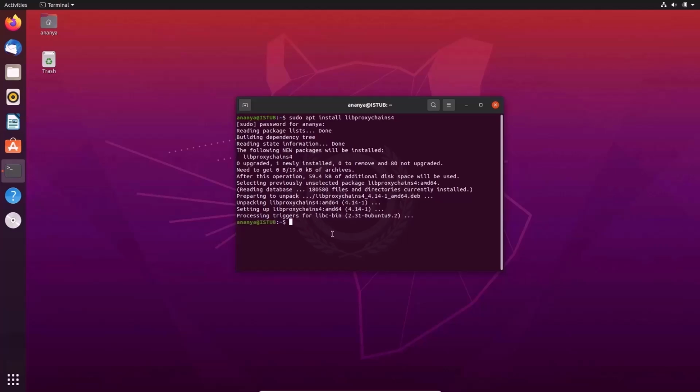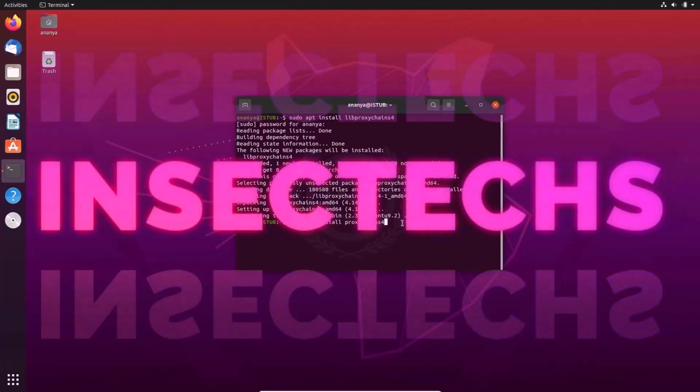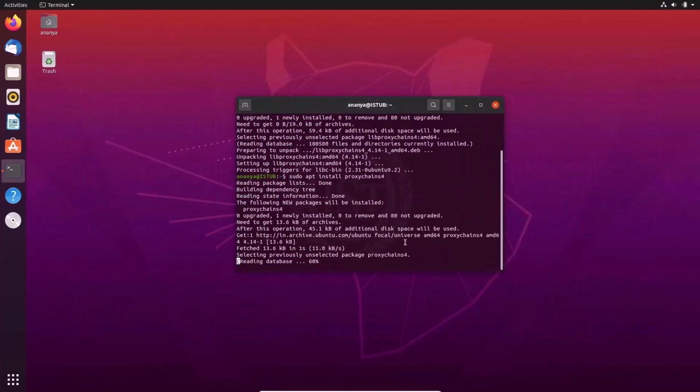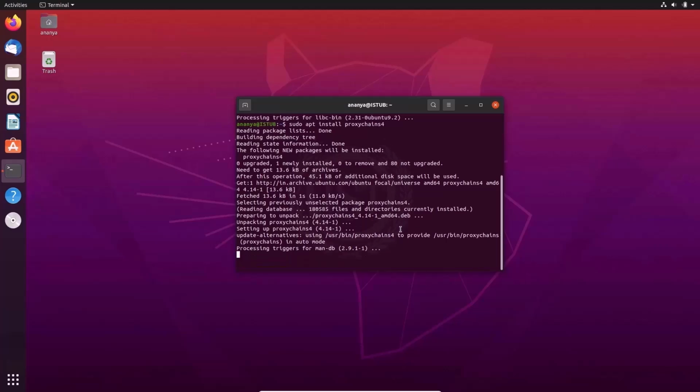Now you can actually install the actual application, that is Proxy Chains 4. The command is sudo apt install, just remove the lib. So the command is sudo apt install proxychains4 and hit enter. This shouldn't take much time, as already 80% has completed. The installation of this application or this program is now complete, and you have to do some changes on this configuration file, which is proxychains4.conf.